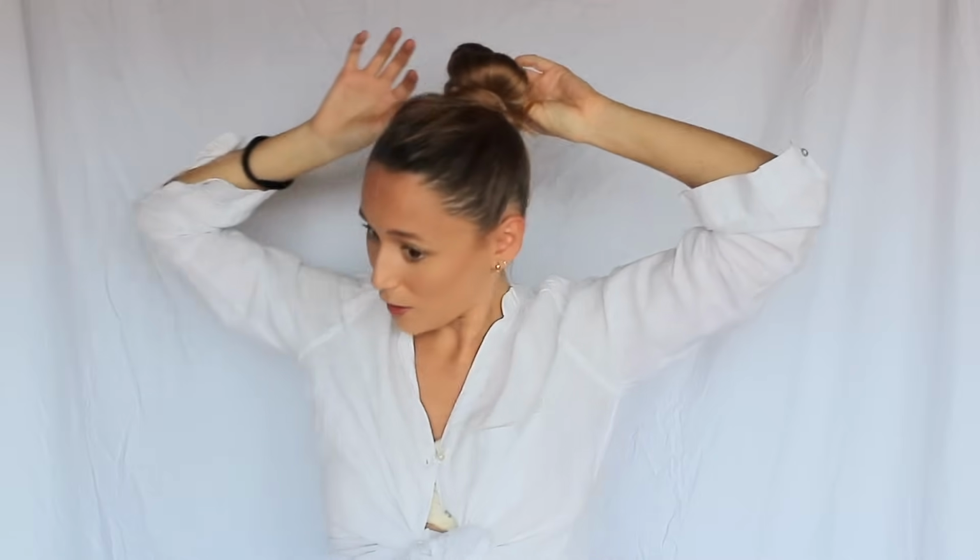To be able to make the perfect bun, in my opinion, what you have to do is take all your hair and start twisting your hair like so, as you are starting to create the bun. You just need to twist, twist, twist, and that was so creepy. Oh my god. So you just need to twist your hair as you're starting to create the bun. Keep twisting, and then just place the end of your hair underneath the bun that you already created,